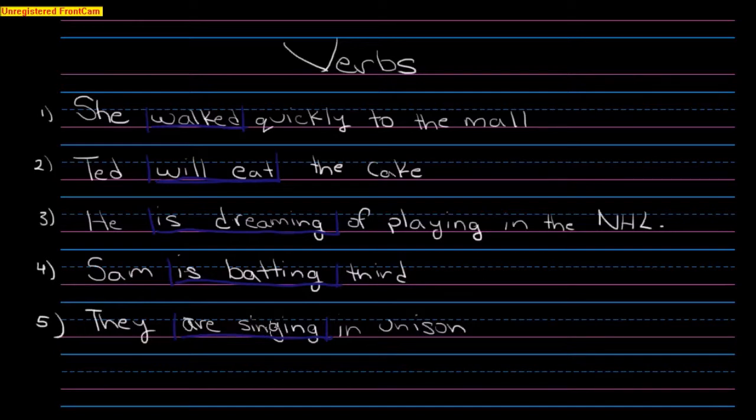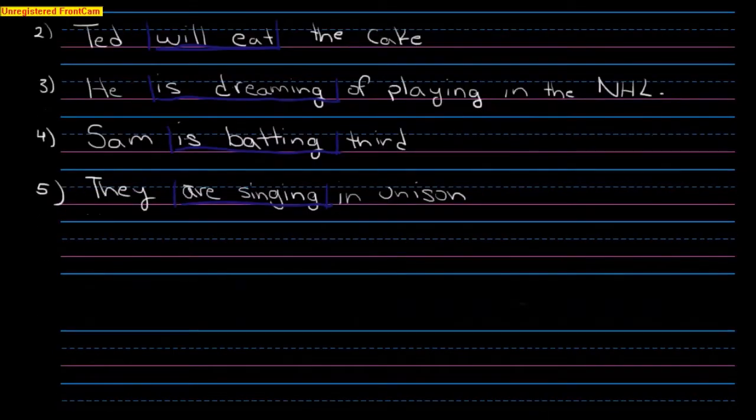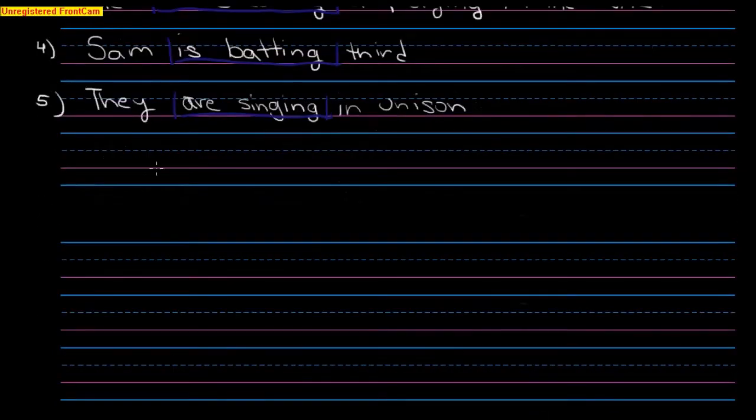So really, if you don't have a verb, the sentence doesn't go on. It won't really make sense. So verbs are very important to a sentence. So let's start off by defining what a verb is. I'm going to write the full definition. So a verb is a word used to express action or a state of being. So I'm going to write that down.